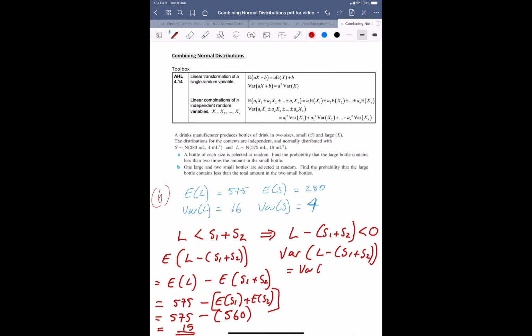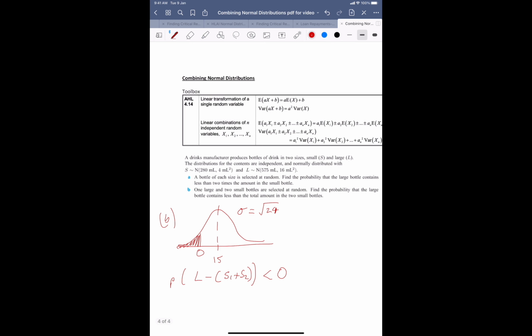So this is var of L, and then plus var of S1 plus S2. So in fact, it's not 2 squared the variance, it's just the variance of L, which is 16, plus the variances of S1 and S2 added together. So this is 4 plus 4 here, so this is 24 in fact. Right, so let's do one final picture. I've got the picture already drawn there, and the variance was 24, so the standard deviation equals root 24. We've got the same mean as before, 0 is here,